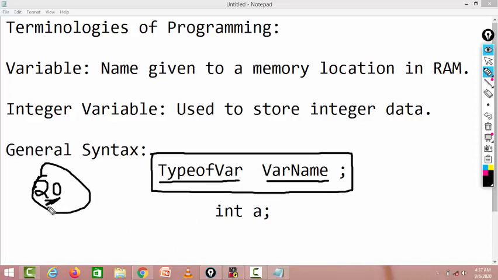What is the type of this 20? It is an integer type, it has no decimal point. So definitely we will have to declare an integer variable. So how to declare an integer variable? We use the keyword int. int is a predefined word, a keyword. Basically keywords are words that are predefined to the compiler. The compiler understands the meaning of int, so int will declare a variable of type integer. This is the name of the variable.